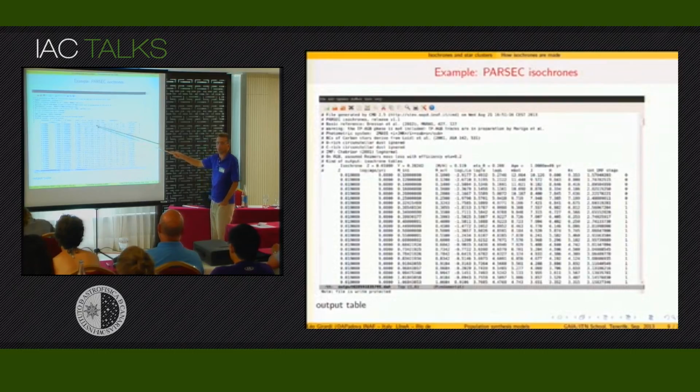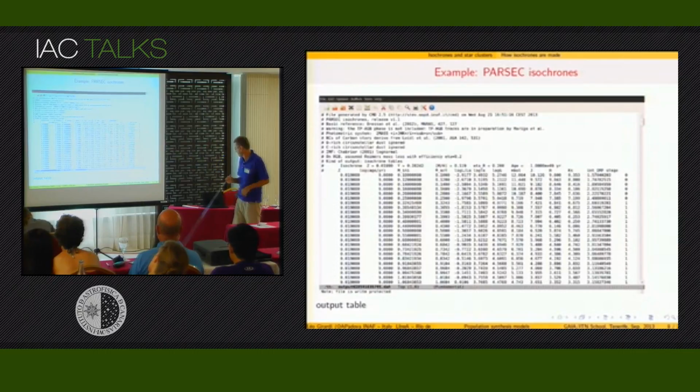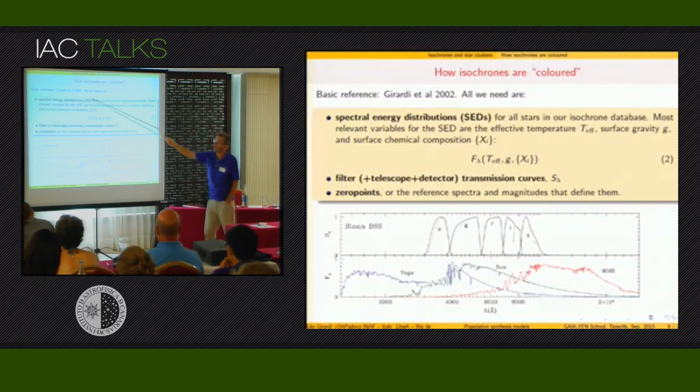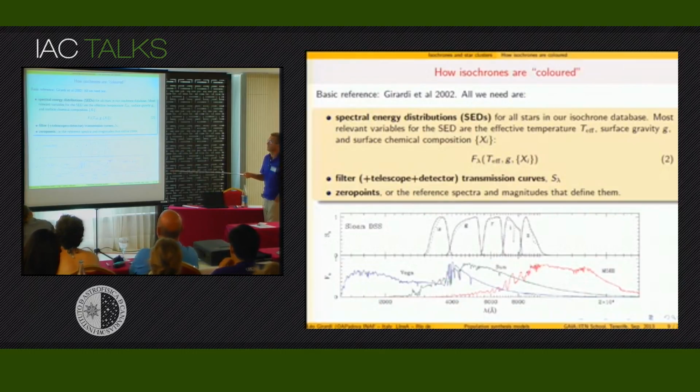Let's take a look at how isochrons are converted, these basic physical properties, into magnitudes. In this case, absolute magnitudes. That's all described in this paper, 2002. There are some other papers in the literature, like by Bessell, which not just a single paper, but a few ones which tell exactly the same thing. That's just a kind of summary of all steps you do to convert the luminosity and effective temperature of a star into